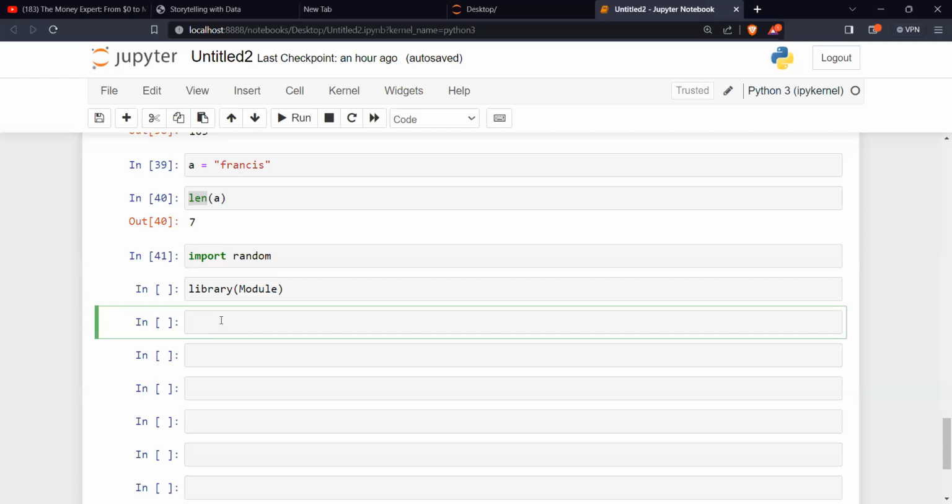So whenever you hear, I need to import this library, what are they telling you? When you hear a library, it simply means what? A group of functions already pre-written, is it not? Pre-written Python code to achieve a particular function.